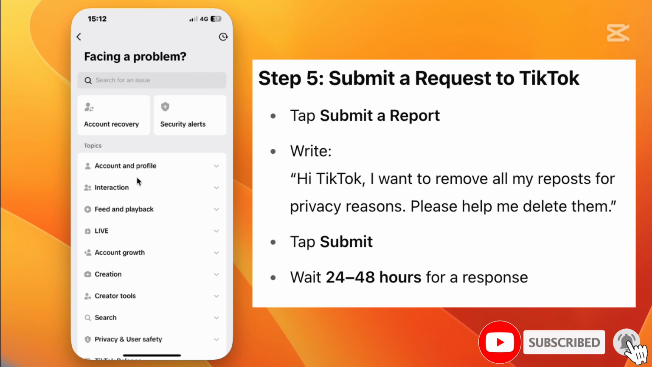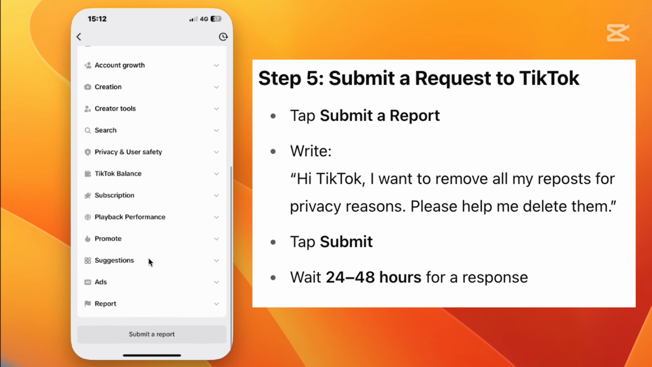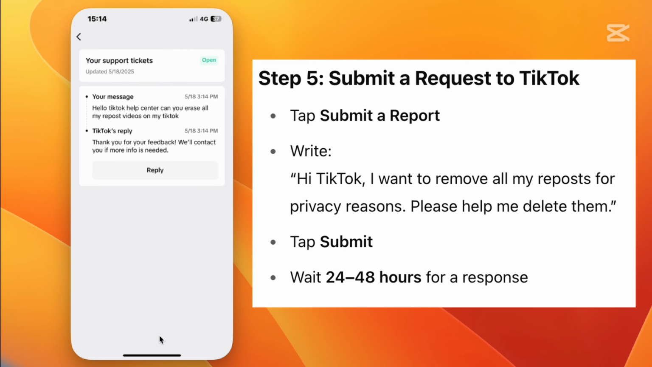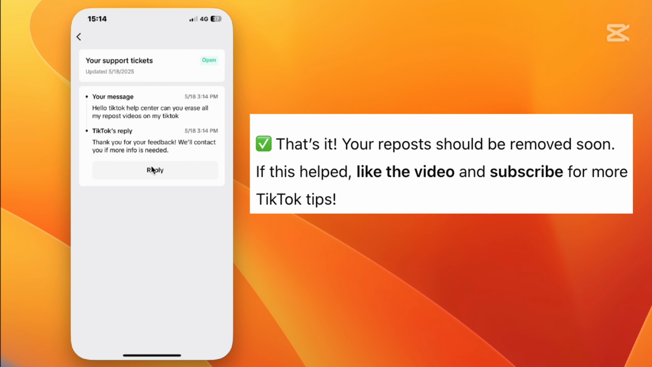Step 7, tap Submit a Report and write your message. For example, "Hello TikTok team, I want to remove all my reposts for privacy reasons. Please help me delete them." Step 8, tap Submit and wait for 24 to 48 hours. That's it. Your repost should be